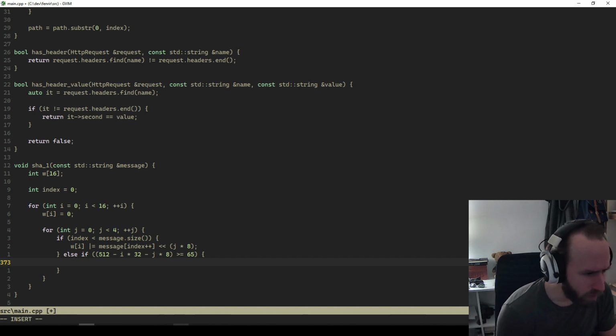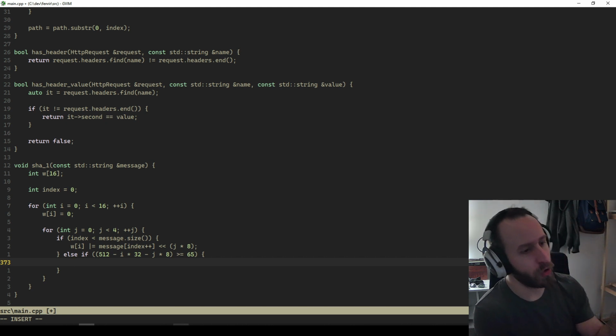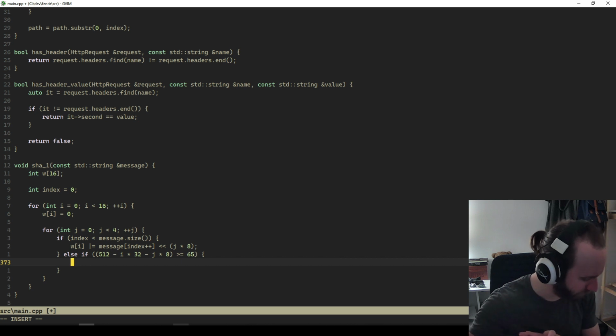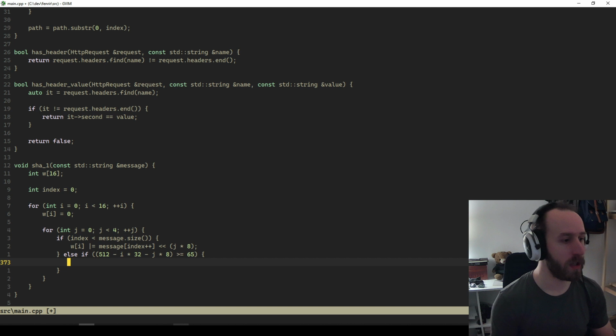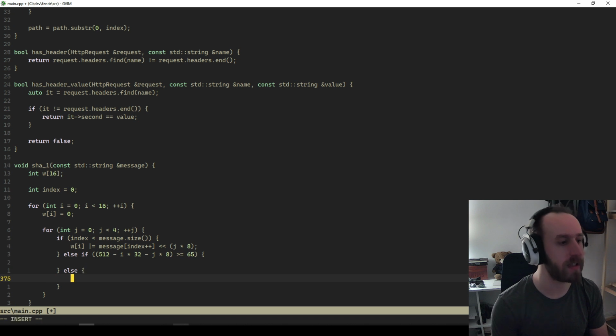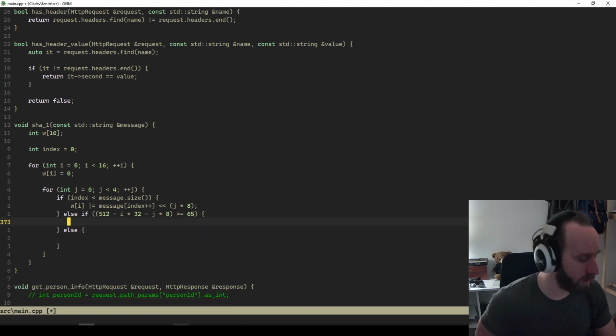So 512 minus 132 minus this. If the number of bits remaining is greater than or equal to 65, then we're good. We have enough for the message length plus that 1 bit. So then we could also write, or else, so if not,